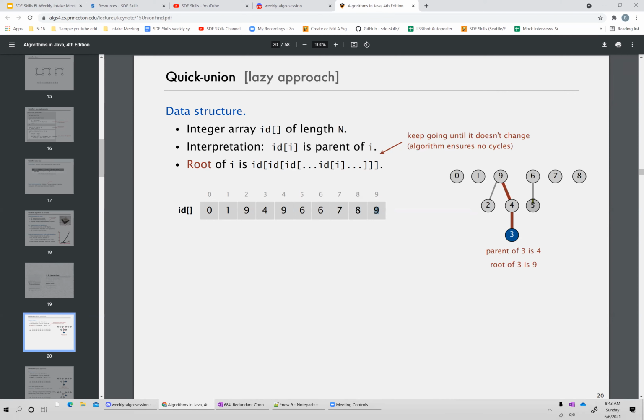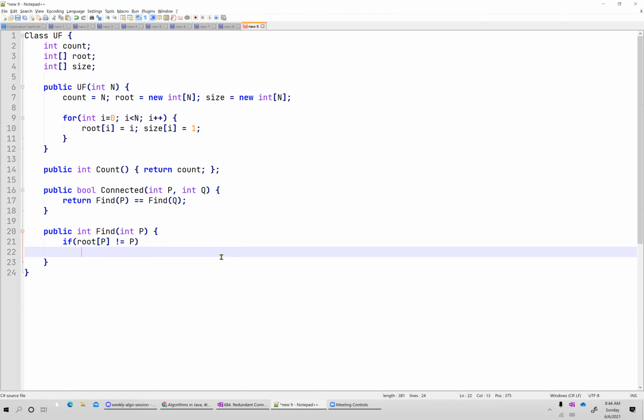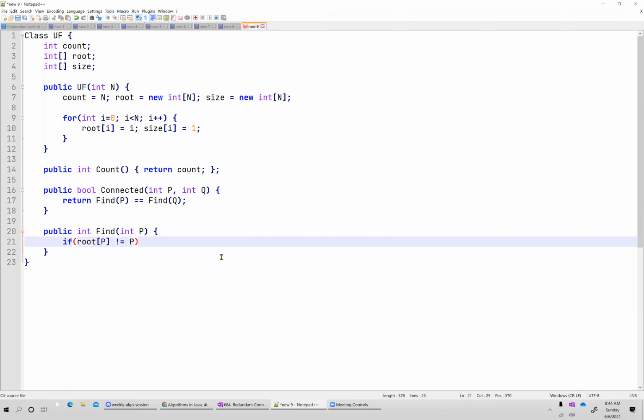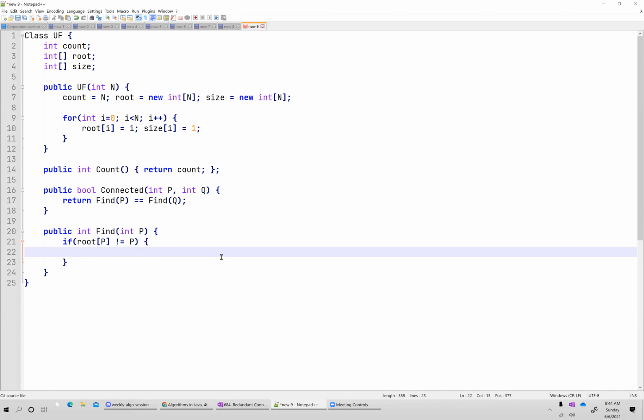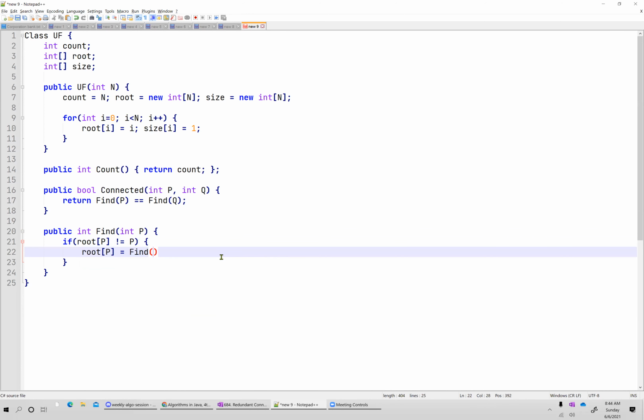Given a 3, how to reach 9; given a 5, how to reach 6. So our find method will be: if root of p is not equal to p, until we find the index where the value stored is the same as the index, we keep going. So we set root of p equal to find of root of p.